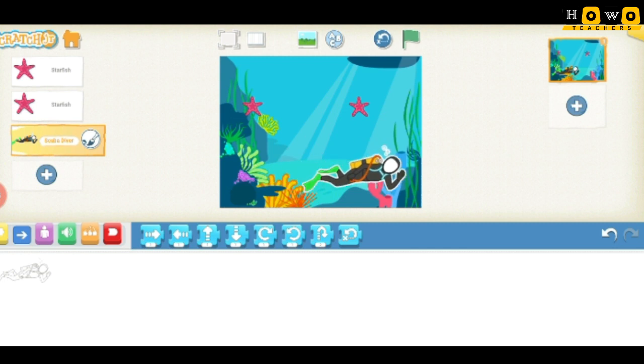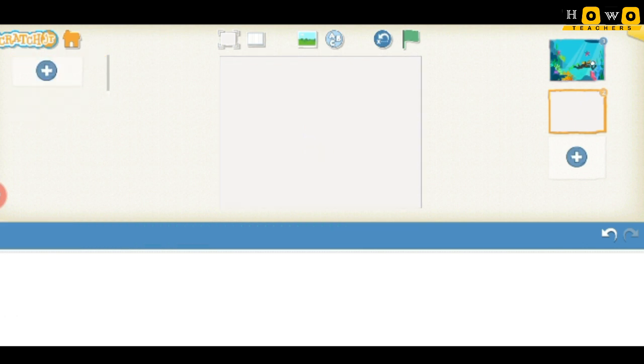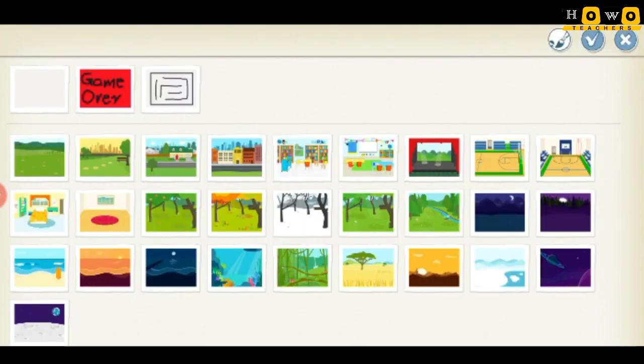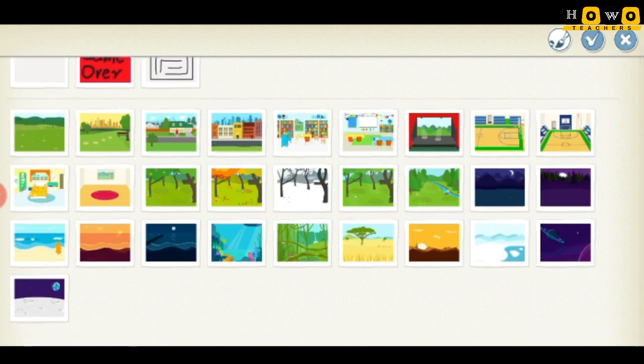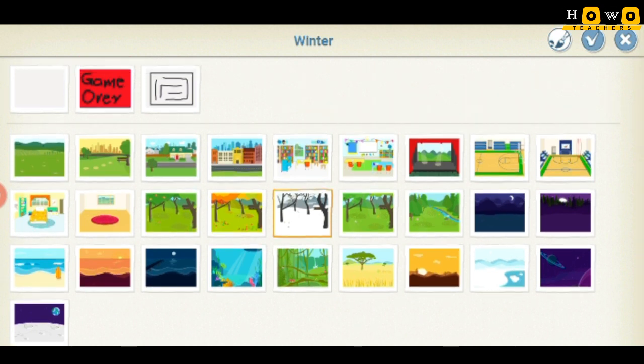Okay, other thing that I need to draw here is that I want one more background, and that background, see, I am deleting the cat because I don't need the cat here. I am just deleting it. I want to write something here. For writing something here, I want to take the writing thing, or see, nothing is there, the background in which something is written is not already present, so you have to prepare it by your own. For preparing it, you can see here I have already made a game over background, but if you